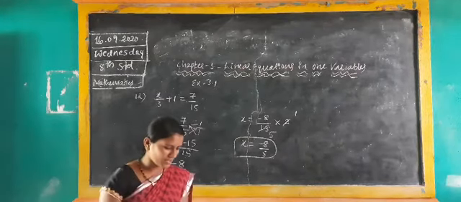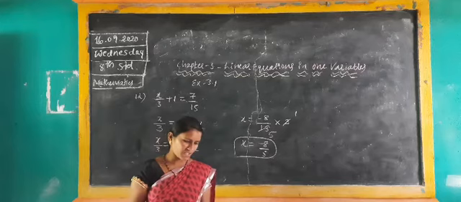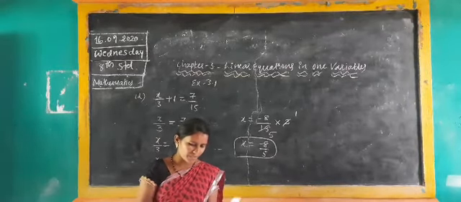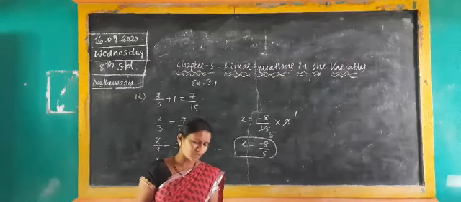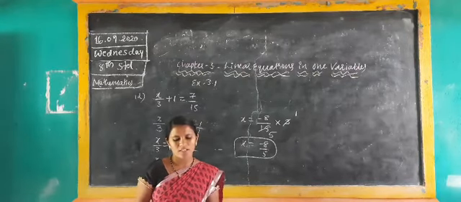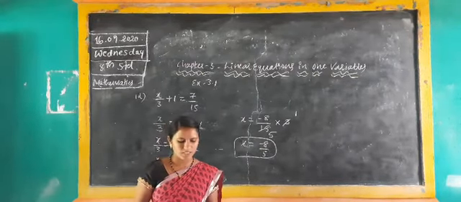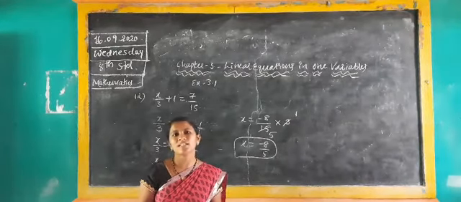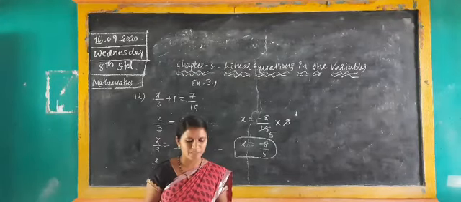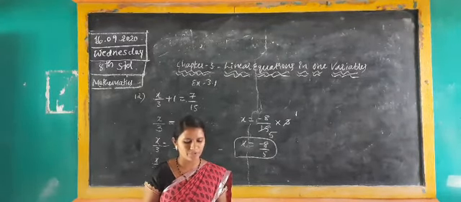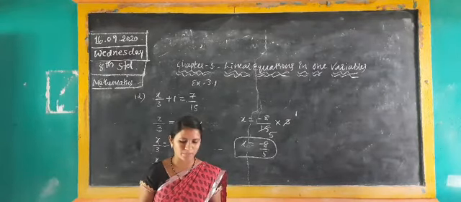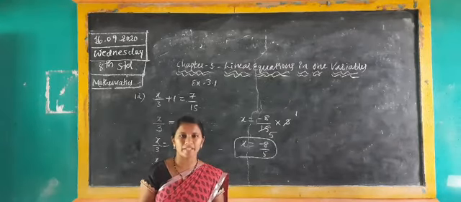Next, in this class, some applications, meaning some example puzzles and age calculations. If the present age is given like that, they are given in word problems. You have to see exercise 3.2, we will solve. Here they are given word problems. In a word problem, make it an equation and solve that equation. Now take down the first one. Exercise 3.2. In that first one, if you subtract 1 by 2, subtract means minus 1 by 2, from a number. We don't know which number, we have to find.